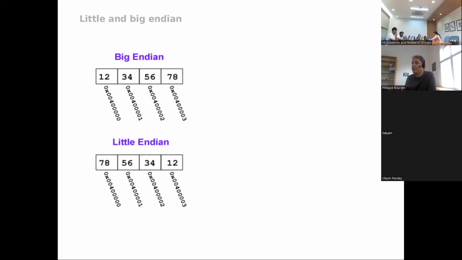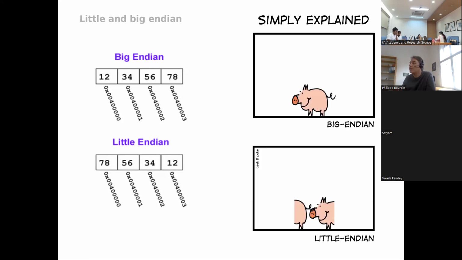If you change between different types of processors, you can look up if you have an Intel CPU, whether it is big or little endian. And if you are working on a different computer with a different CPU, you had better also check that it has the same so-called endianness. And that is the simple explanation of the thing. So the big endian is just the pig here, and the little endian is the same pig, but in another order, right? So you have the second half first, basically, and then comes the rest. Okay,